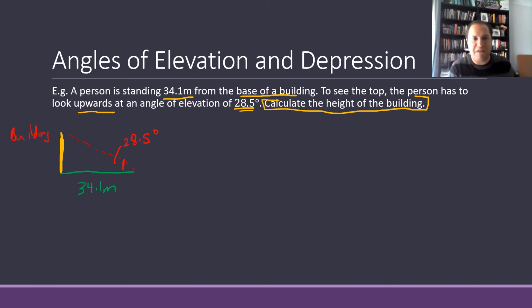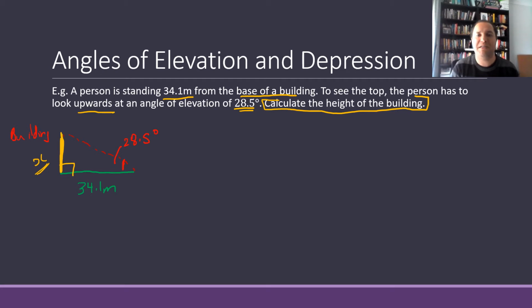We've got the ground 34.1 meters away for our person, and they're looking up at an angle of 28.5 degrees at the very top of the building. And they have to work out, all right, how tall is our building? Now with any trigonometry problem, our first step, we could assume our building goes straight upwards too, making a right